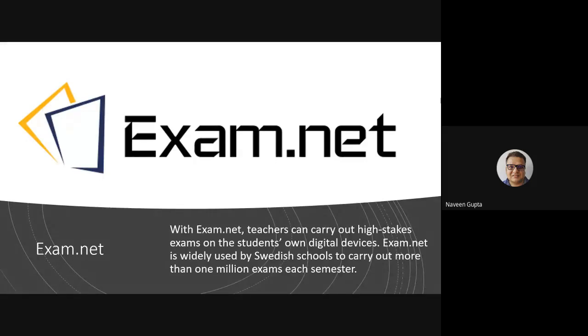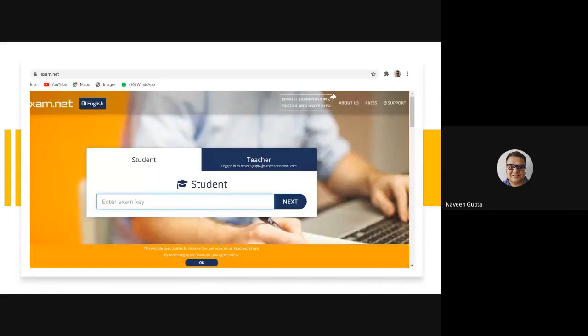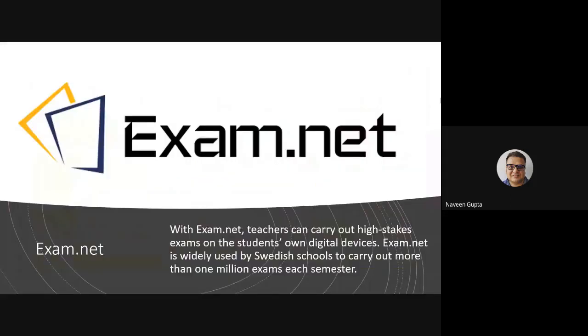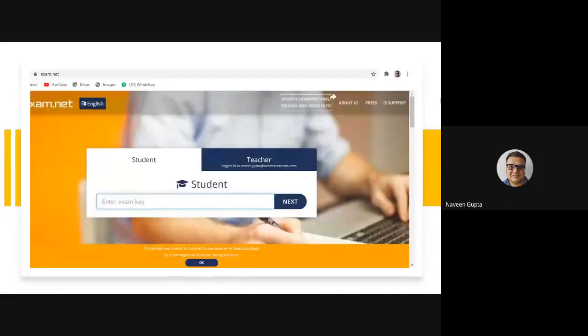Using this tool, one of the beauties is that if a student is attempting any question on the website and changes the screen, the exam will automatically be logged, and the teacher who is serving the exam will get a notification that the particular student has cheated or changed their screen. Now, what is the website? Exam.net is the website. Just log into exam.net.